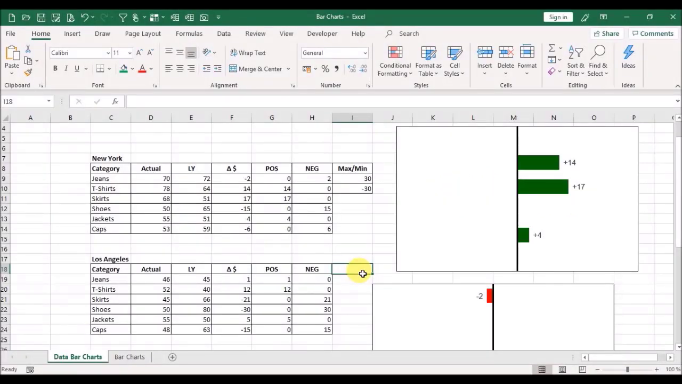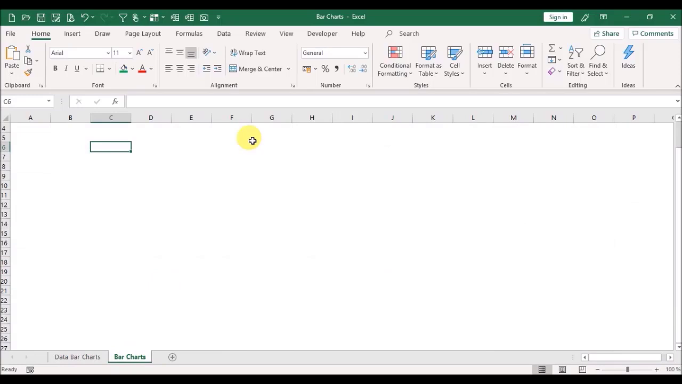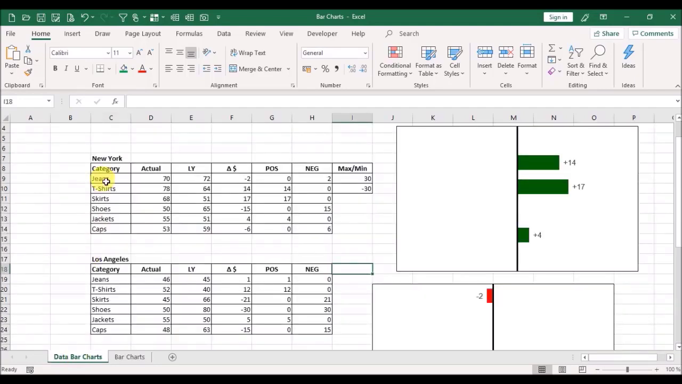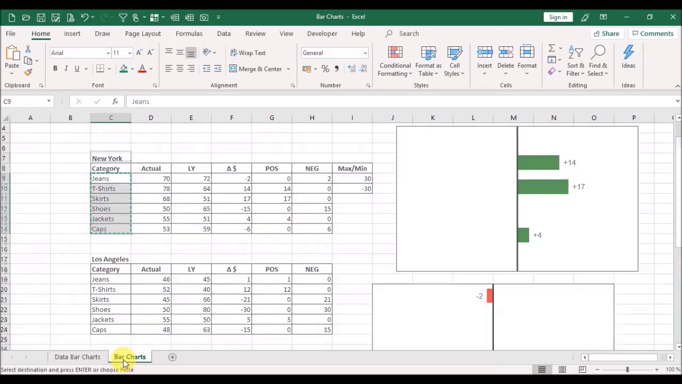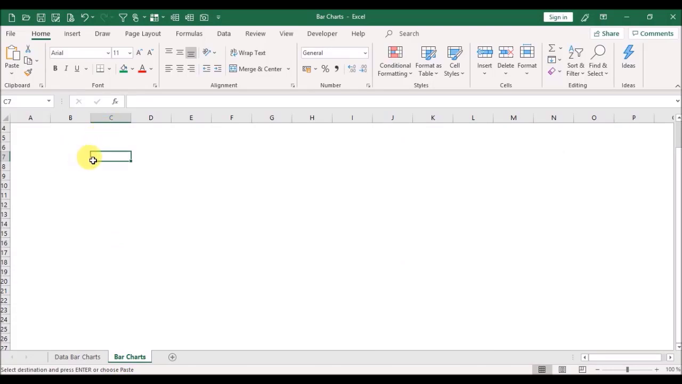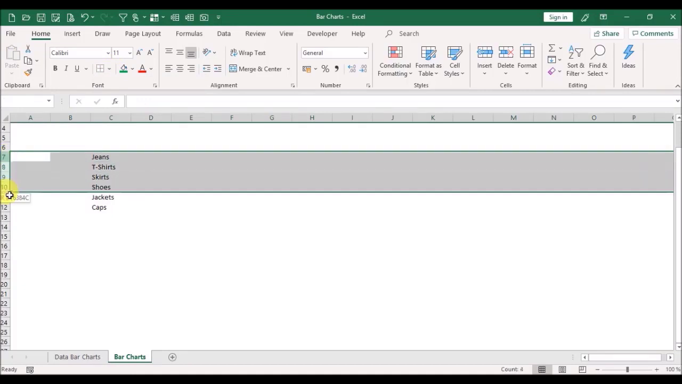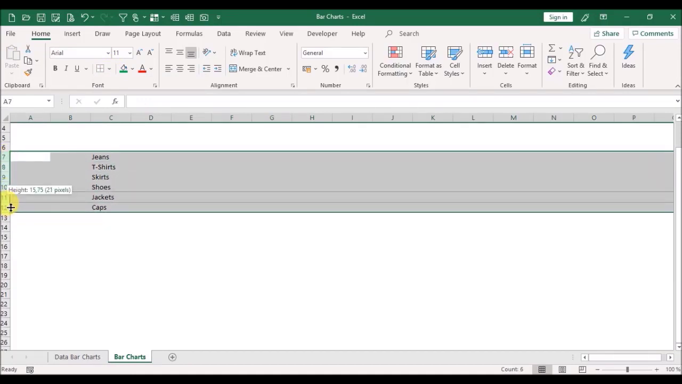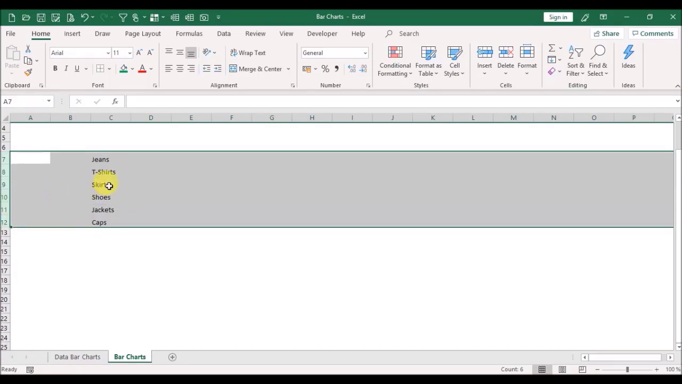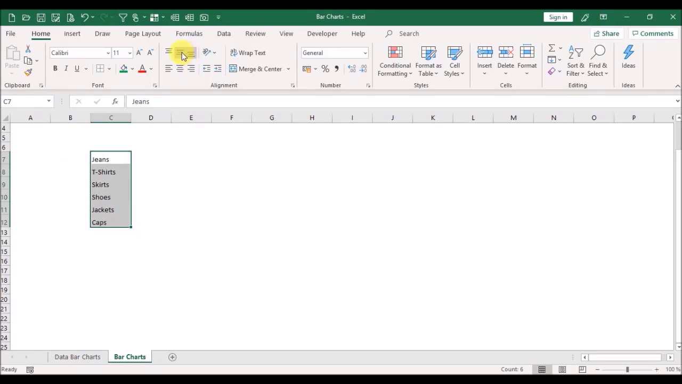So before we consolidate these two charts, we have to create the template and go to the sheet bar charts, and then we will start with our product categories. We will copy cell C9 until C14 and we put it here in cell C7 without the grid lines. So, and I would recommend for the row lines you should use 25 pixels. Okay, then we will centrate it